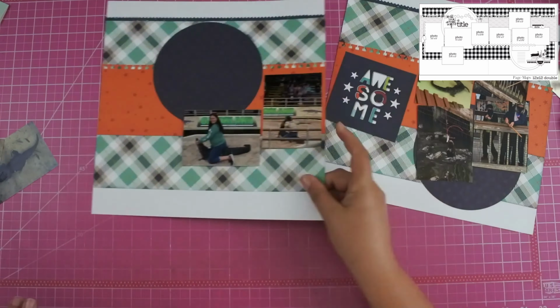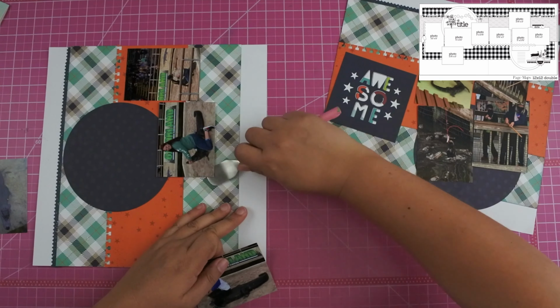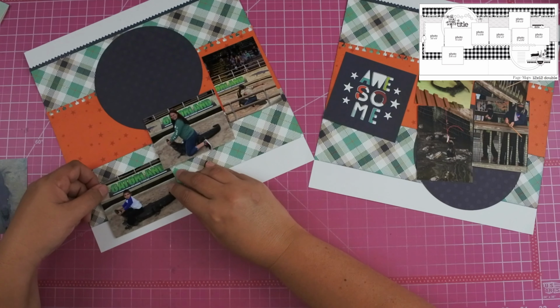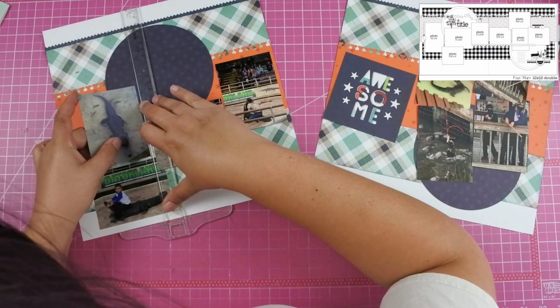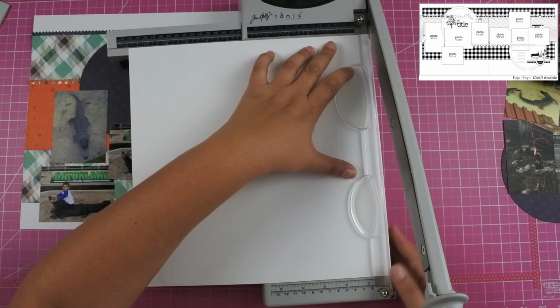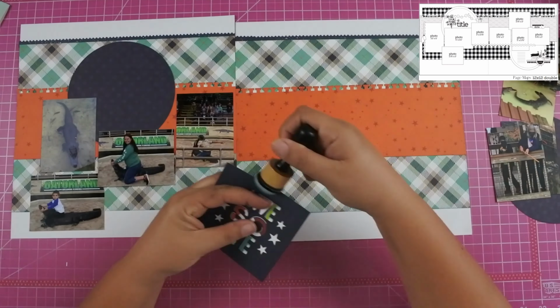The other thing that I wanted to talk to you guys about, and I would love for your comments below, is probably about day 6 or 7, I stopped journaling on these layouts, and it was intentional in the fact that I was spending a significant amount of time on that, and it was something that had to go. It was the one thing that could go, and I felt like it was okay. I do have a crop coming up where I plan to